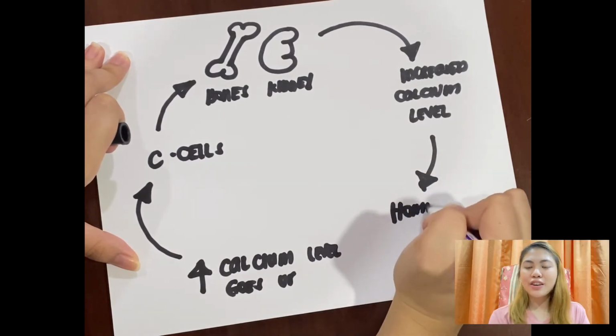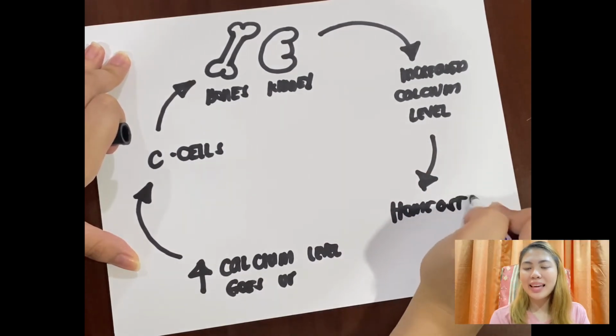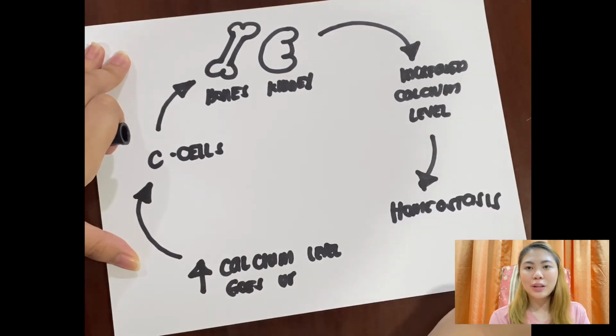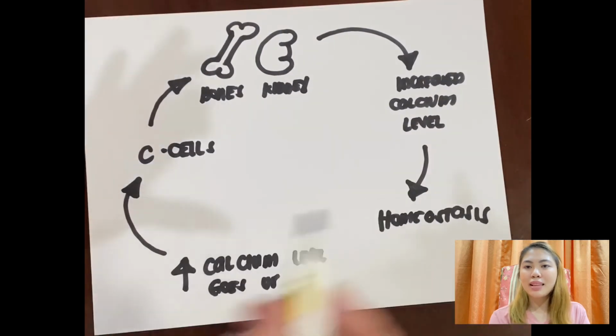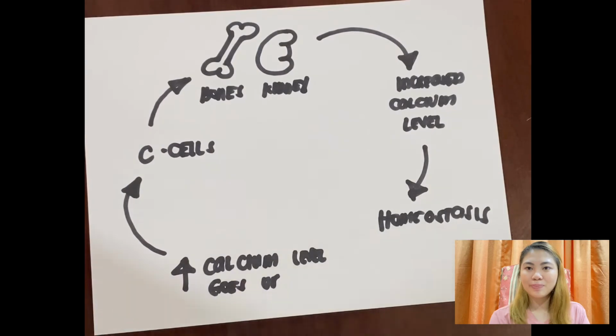The secretion of both parathyroid hormone and calcitonin is determined by the calcium levels in the blood. Homeostasis. And third,